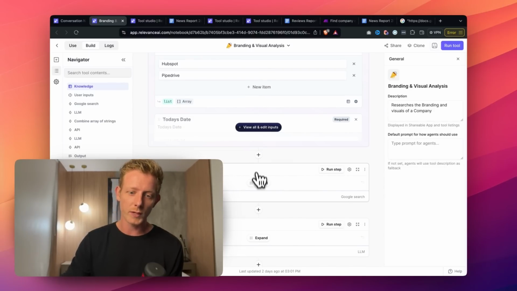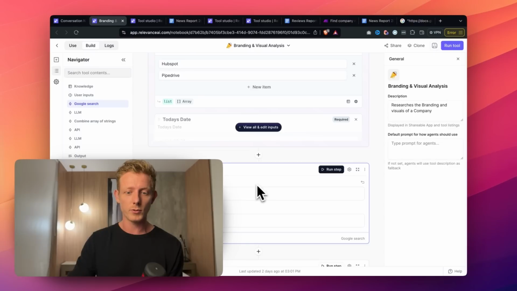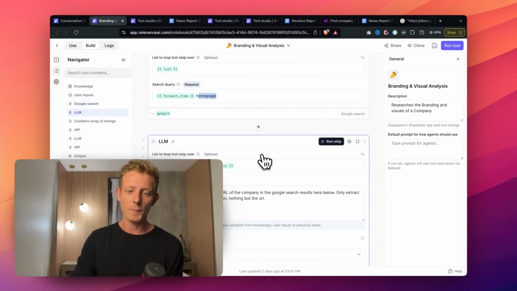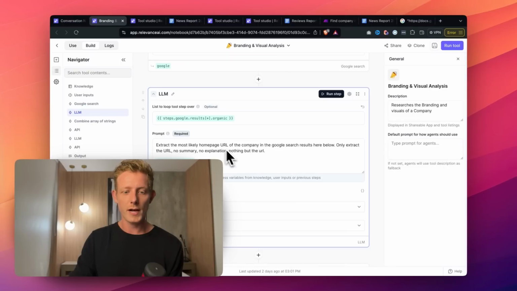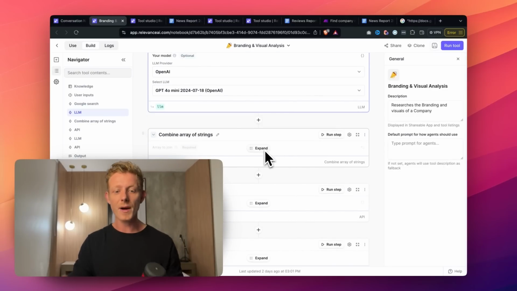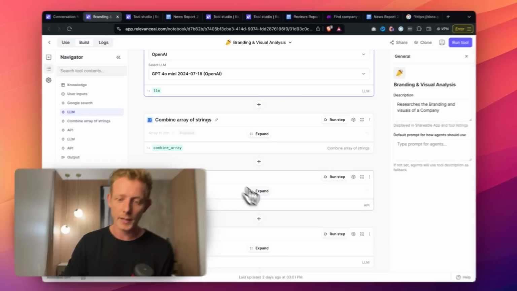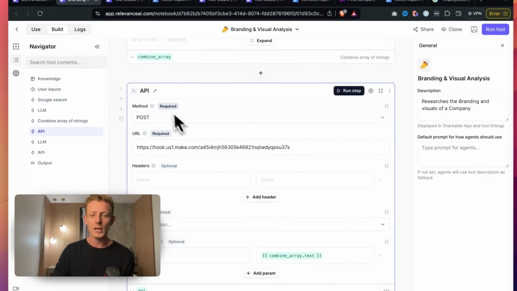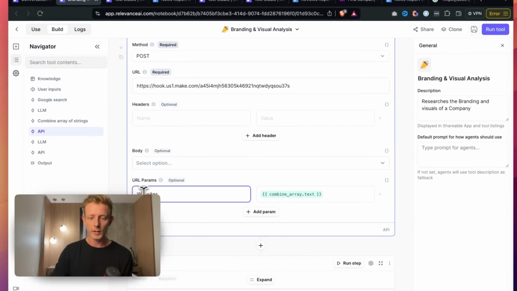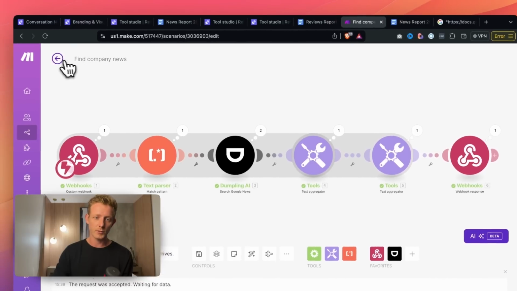First, of course, we need to get the company's homepage. So we use the Google search with homepage, again, for each, right? We extract the URL of the homepage. We combine the array of strings because here we get 2 URLs back, to actually be able to send it to the API, to our make.com automation. So here we send over the websites. I'm going to show you